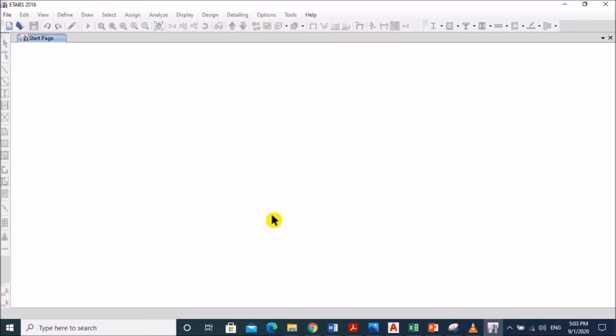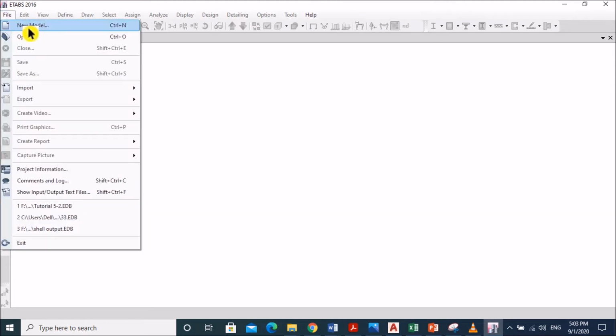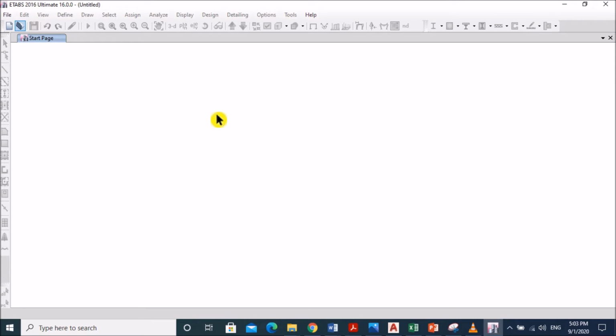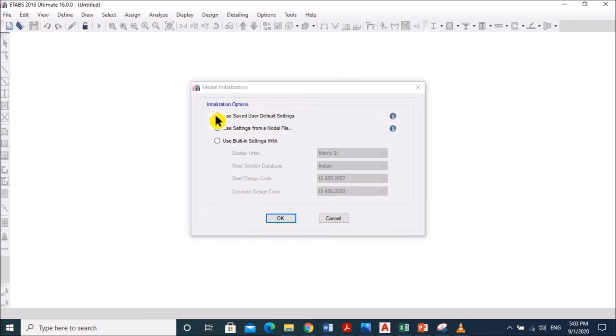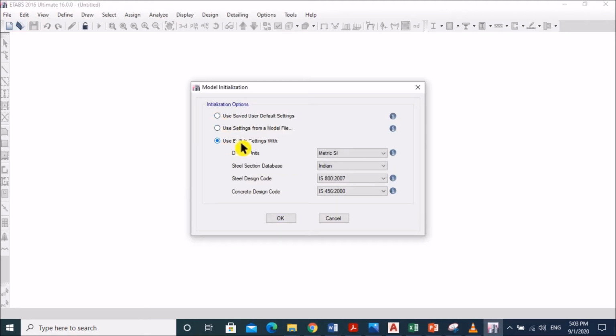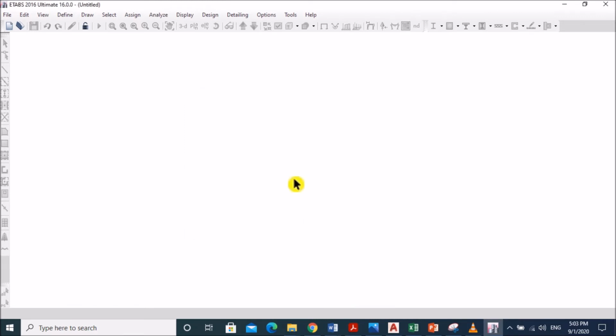Then go to File, New Model, use built-in setting with SI. All the settings should be Indian because we are considering the Indian code, IS 456, then OK.